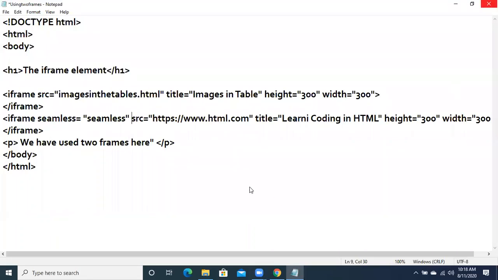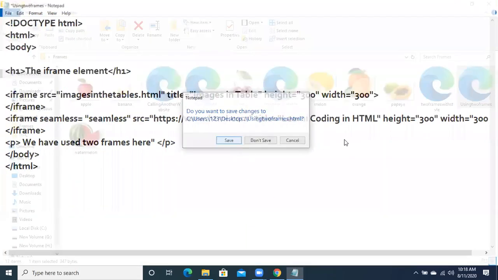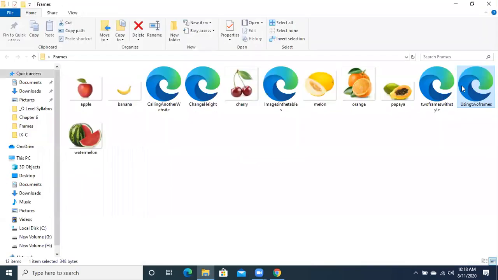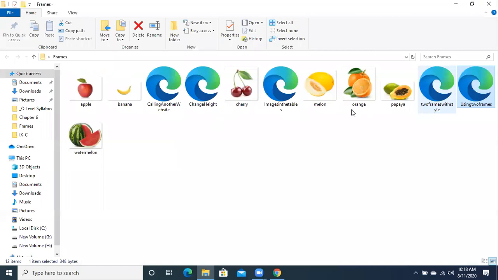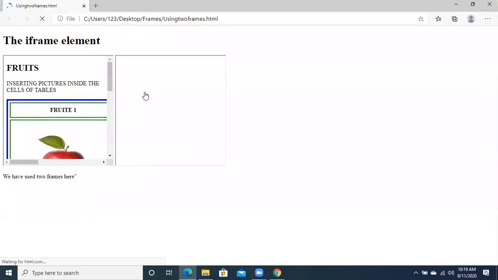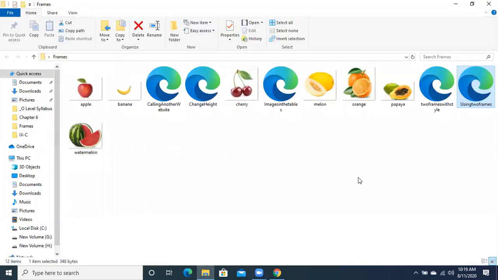If it is supported, then it will work. It will bring one frame under another frame. So basically this is used for this purpose, but it is not working over here, doesn't matter. Since it is given in your book, I am explaining it. Maybe it is not supported in my version. So seamless is basically used to bring one frame under another frame, meaning one will be at the top and the other at the bottom.